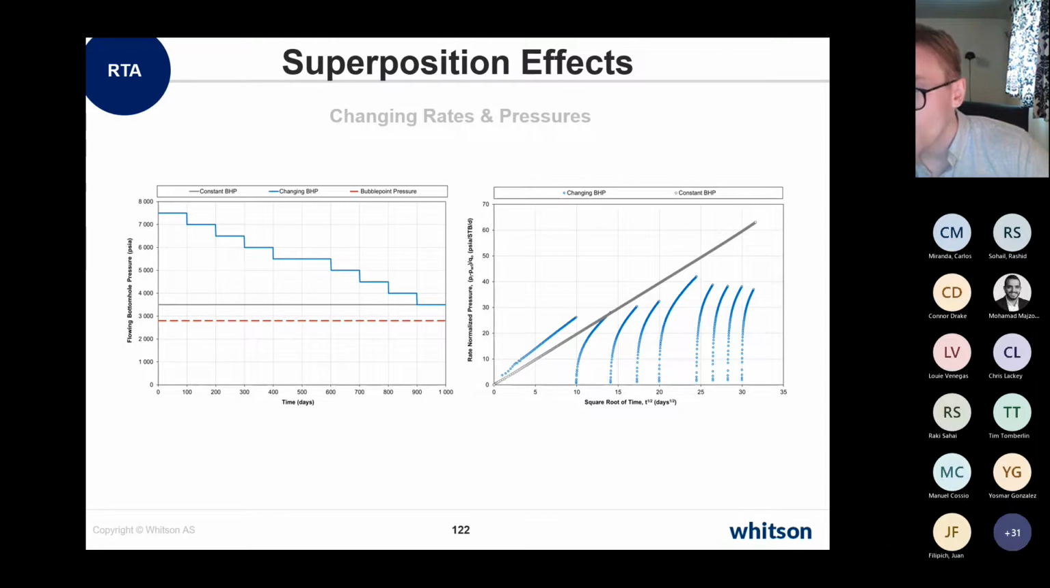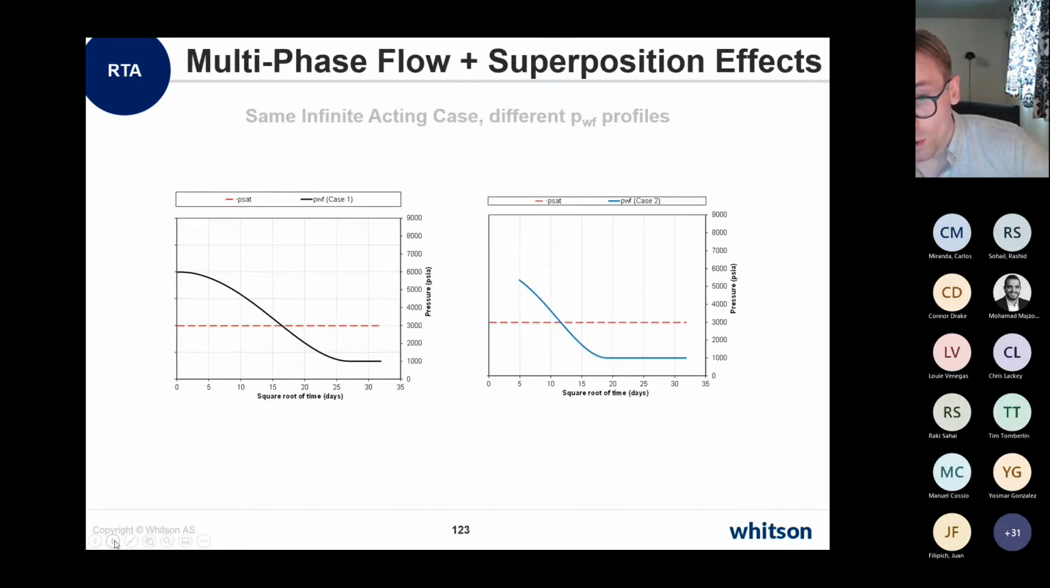This is just pure superposition and superposition effects introduced by this changing bottom hole pressure profile instead of a constant one, still above the bubble point. If we make this even slightly more realistic, and introduce multi-phase flow effects and superposition effects by drawing the well below the bubble point, then as soon as we hit the saturation pressure, we'll get a deviation from the straight line behavior on the square root of